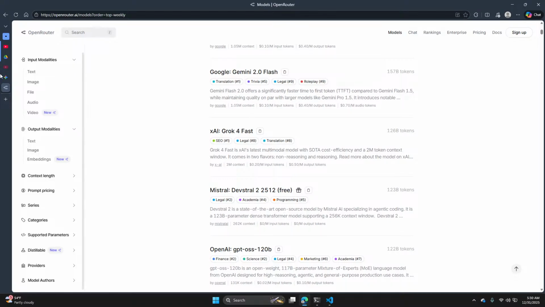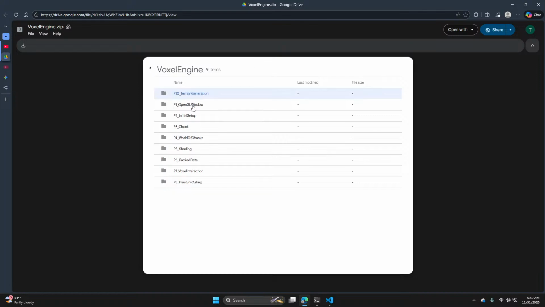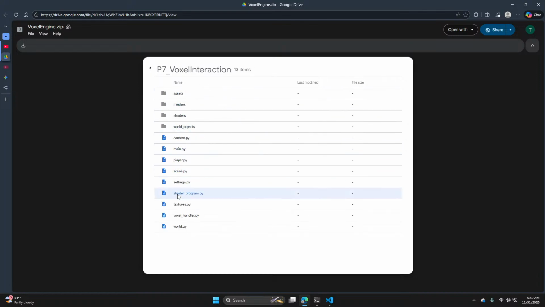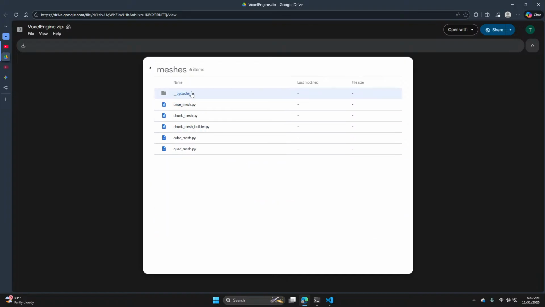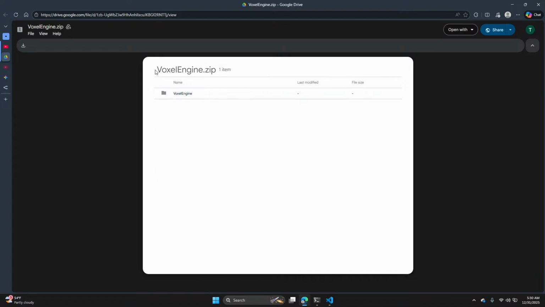Depends on who's pack data voxel interactions. How did they do meshes, cube mesh? Okay, how do I download this? Download, please.